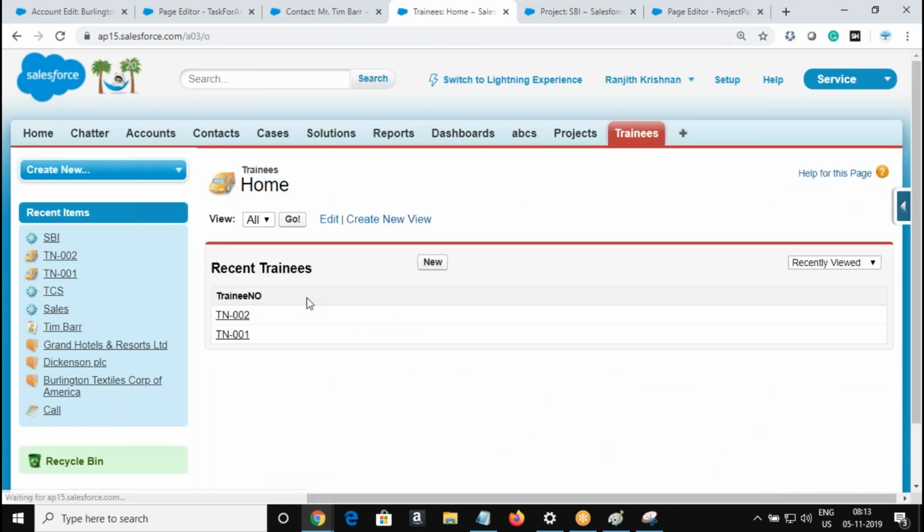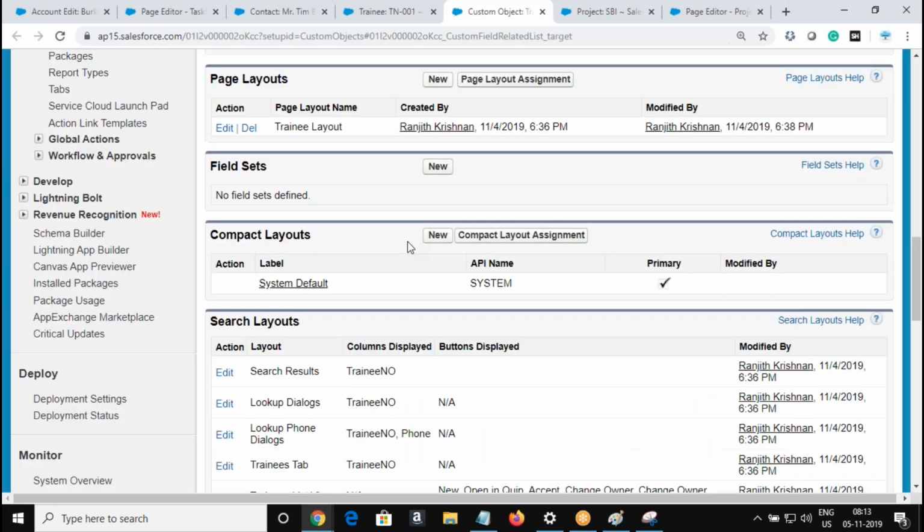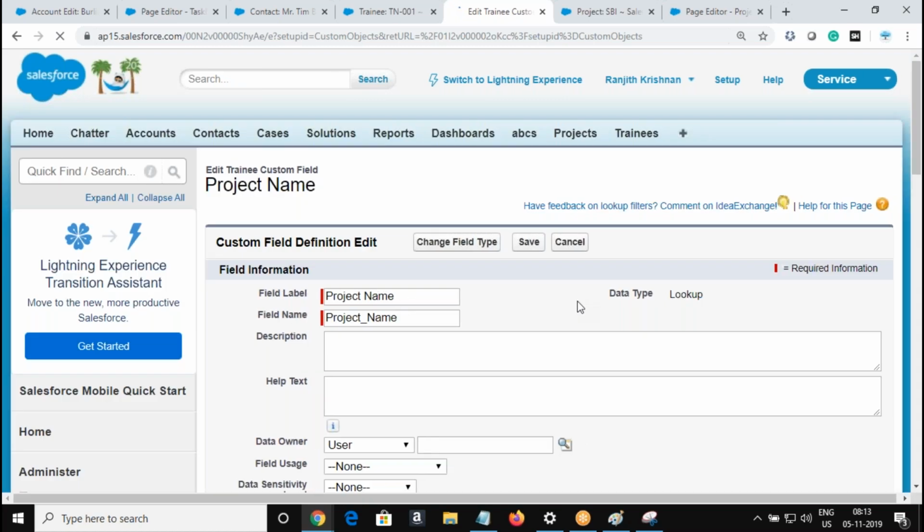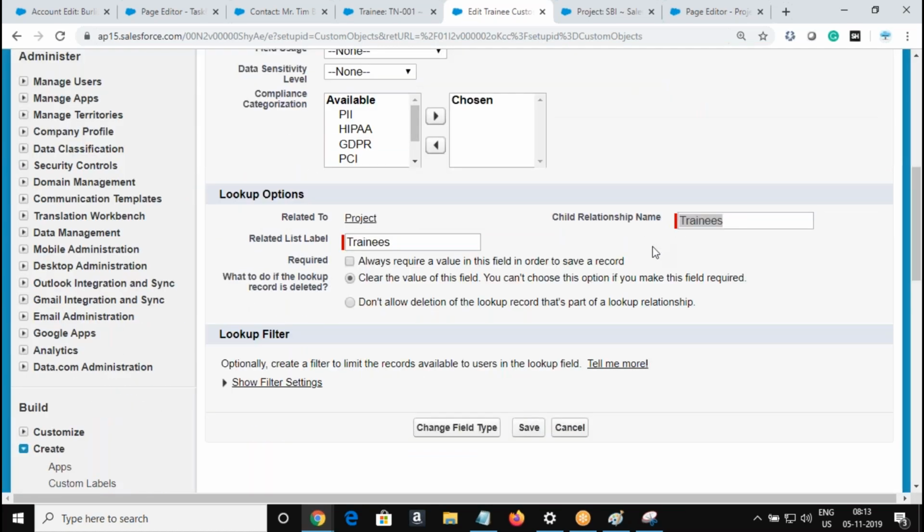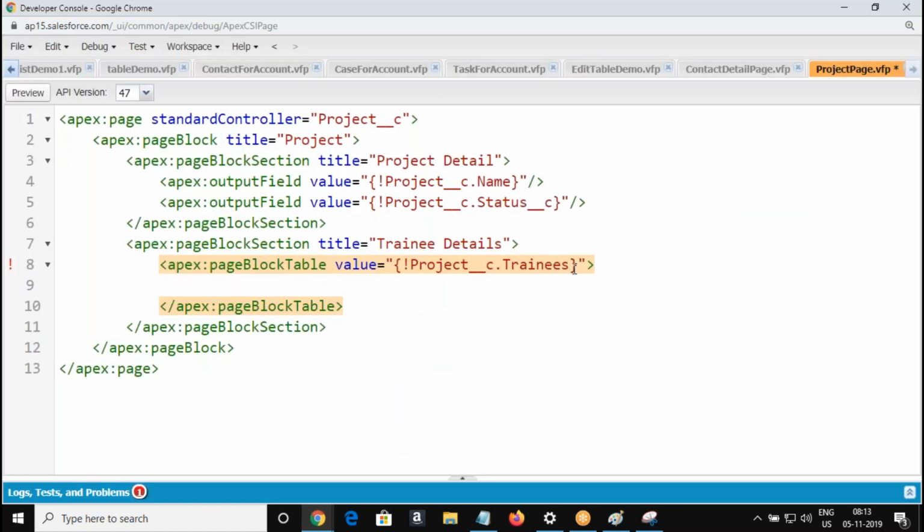Are people able to follow this? The plural name we have seen, right? When you edit this, you'll come to know the plural name, which is the child relationship name. The same name you are referring to here, but we need to add a double underscore R. It's a relationship name. Whenever you are referring to the relationship name, it's going to be double underscore R. Do people follow this? What we are going to refer to?